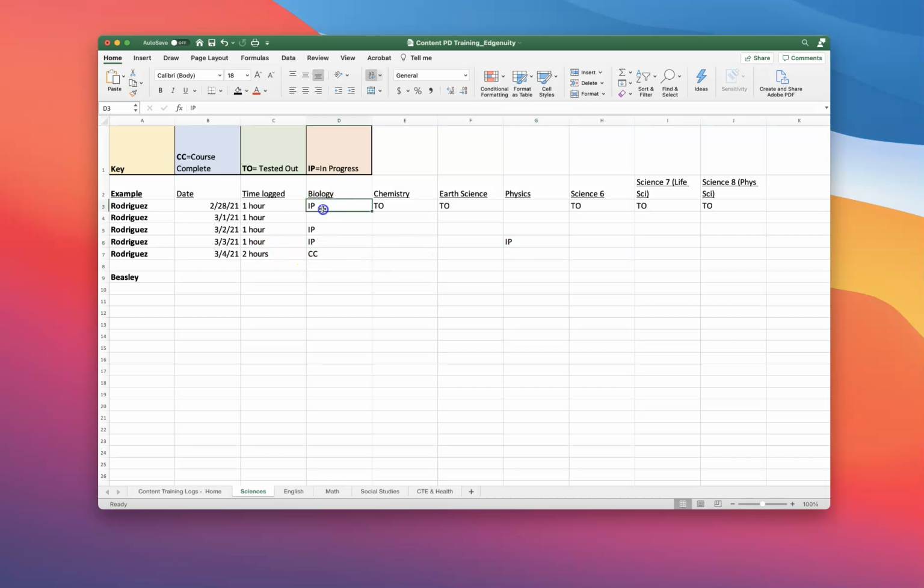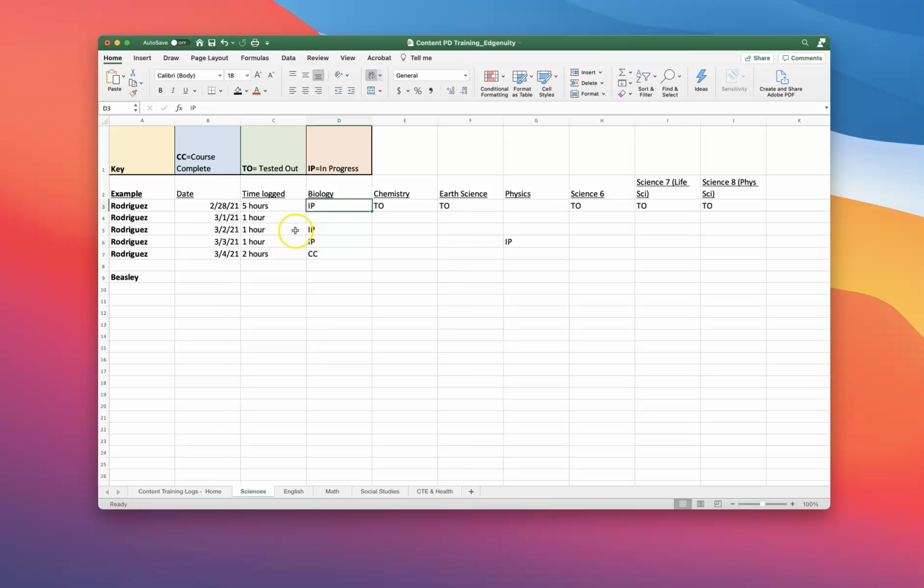And then finally I had 3 days, 3 hours that I spent, or close to 3 hours that I spent in progress on biology, and on that 5th day or 4th day I was in, I decided to go ahead and complete it. This is not realistic. I know that. Okay. I know that in 1 hour I can't test out of 5 subjects and still start another. I'm just giving you an example of how to fill it out. Okay. So if this were to be more accurate, I would say 5 hours. Not that I have that kind of time in a day to do that, but